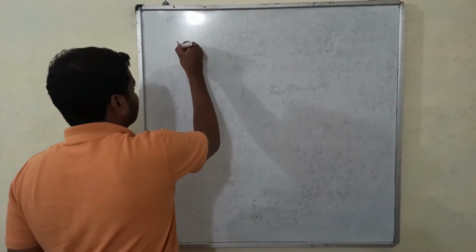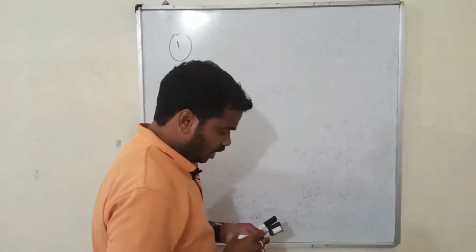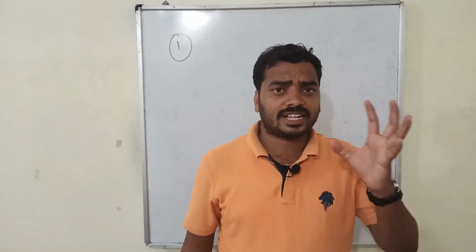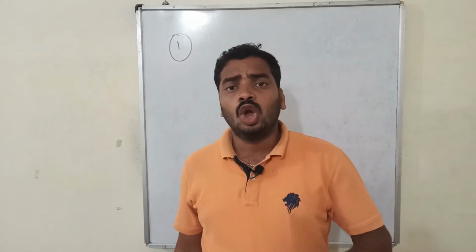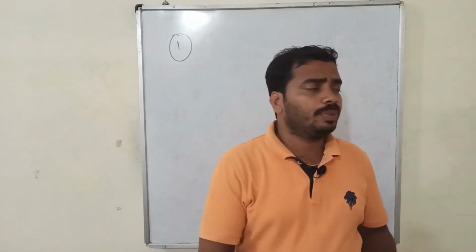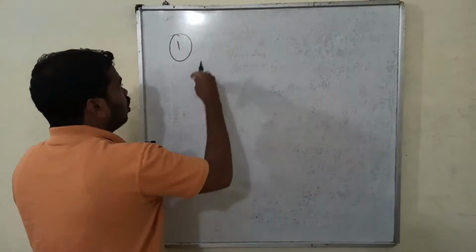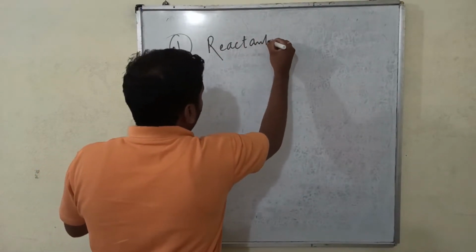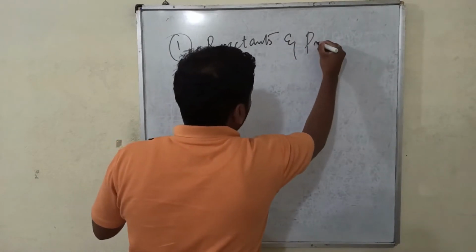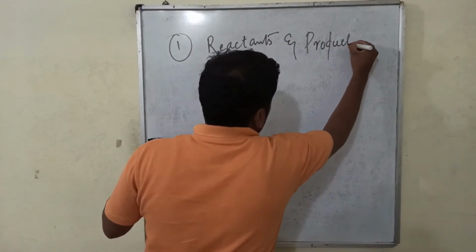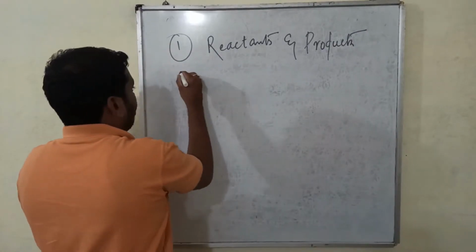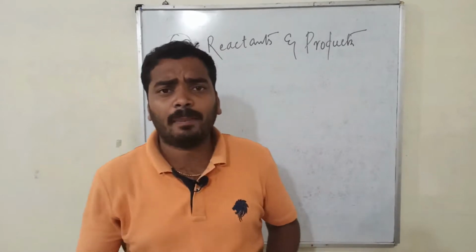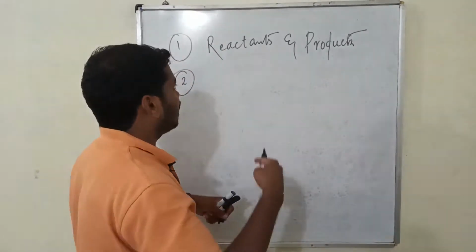So the first thing we get from the chemical equation is what the products are and what the reactants are. If some reactants are reacting in a reaction, what products would be formed. So you will get to know information about reactants and products. And second to that, you would know information about the masses, the relative masses.